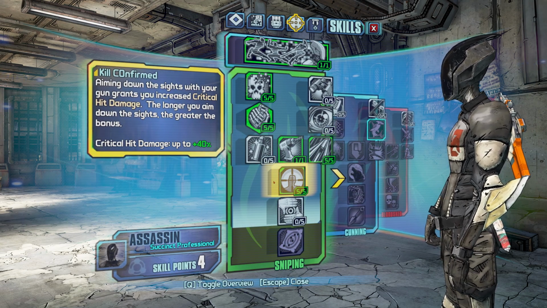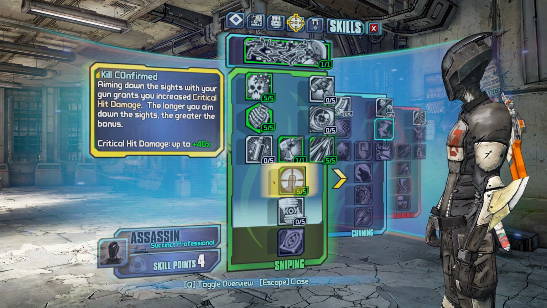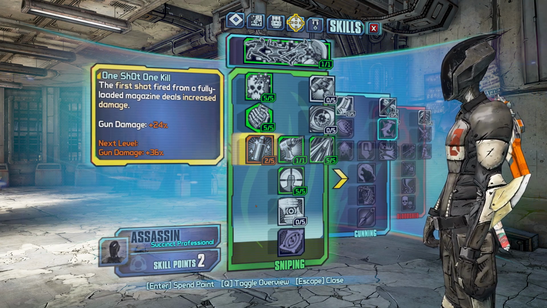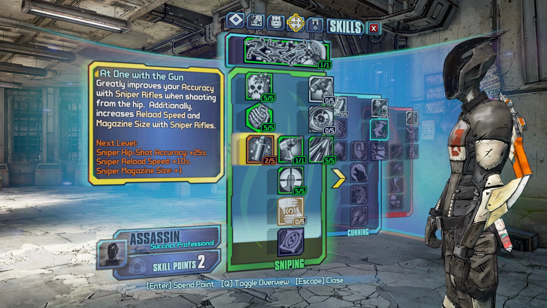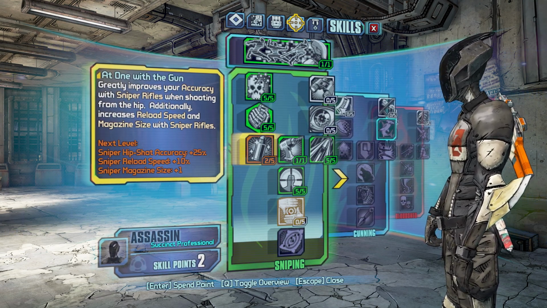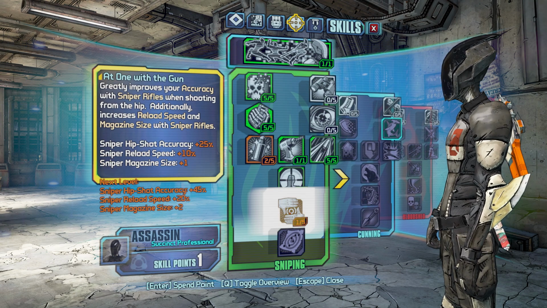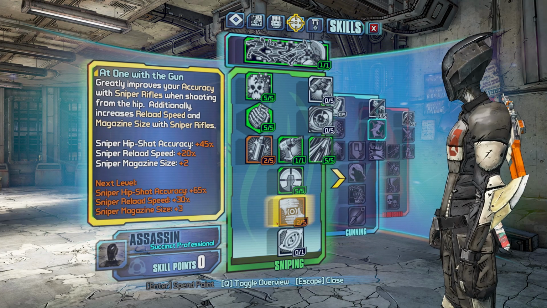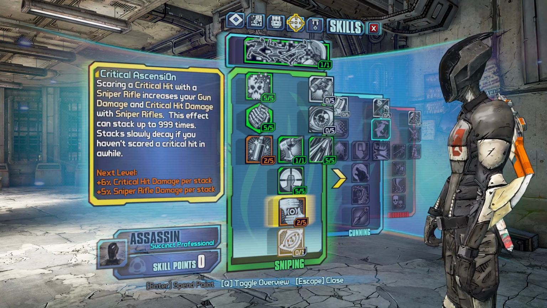Get critical hit damage up to 40%. That's awesome. And I'm gonna put 2 points here because we have 4. And I'm gonna get more reload speed and magazine size over here. Okay, so now with all of this, if you go up just one level, you can unlock another one of